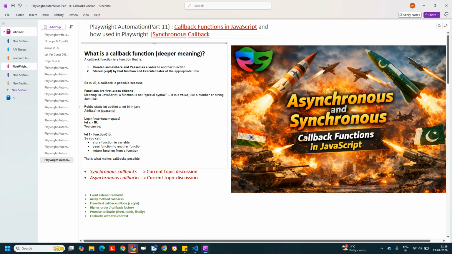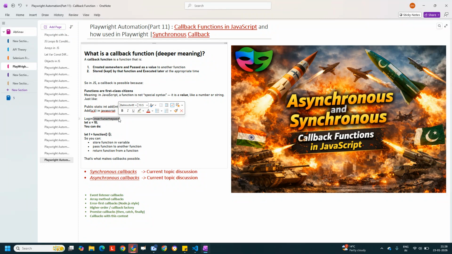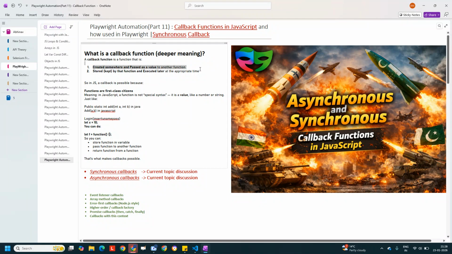If I am able to pass it over here itself, then this function simply becomes a callback function. Why callback? Why are we calling it back? Because this method is already created somewhere, and we have the ability to pass it as a value to another